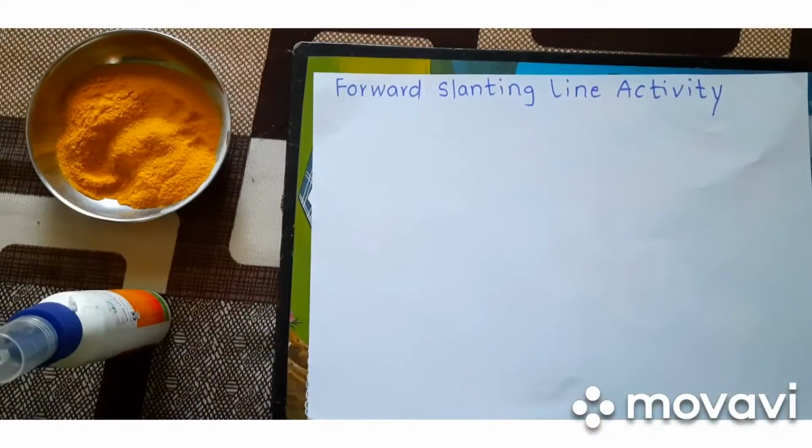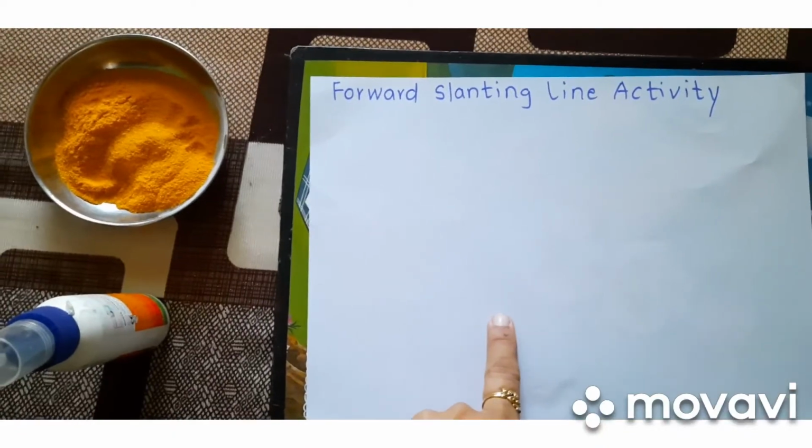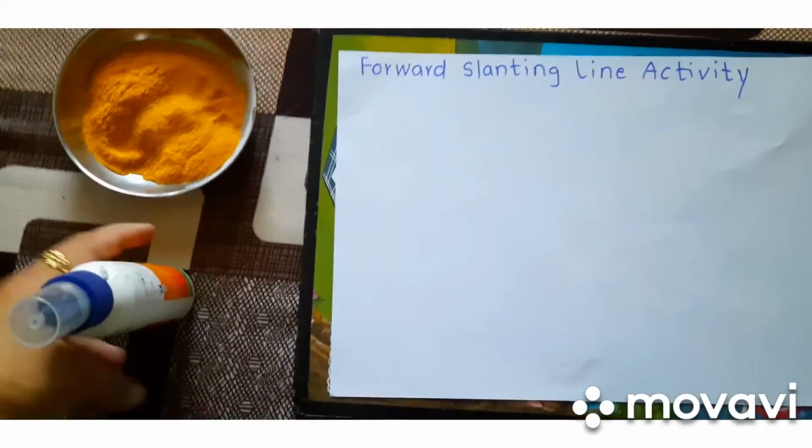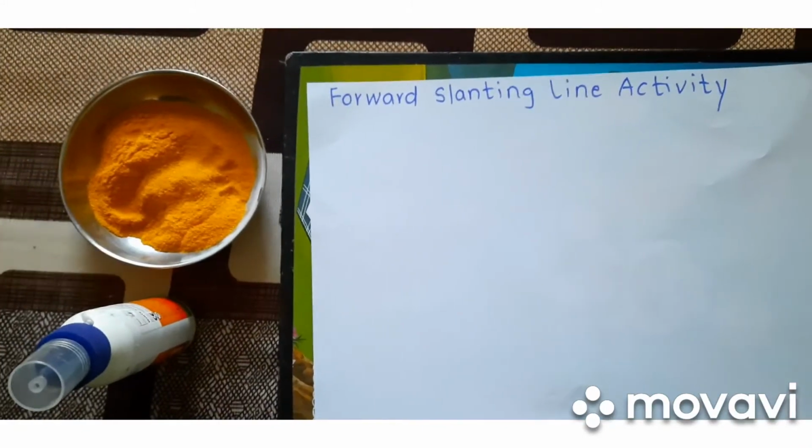Okay. Now here comes one activity. Okay? So are you all excited? Do you want to do along with teacher? Okay. So I am going to tell you what material we will need for this activity. Okay? And I hope surely you will enjoy this activity. Okay? Let's go. So children, for this activity, we will need a blank sheet of paper, Fevicol and Rangoli color. Okay?